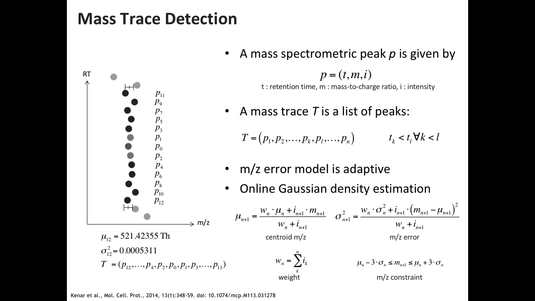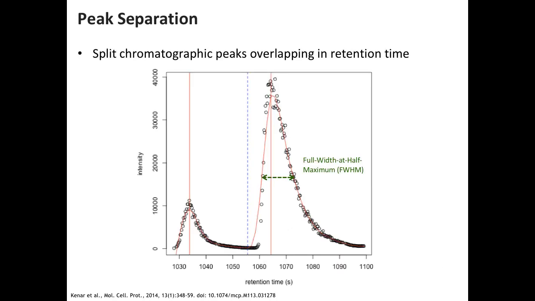If you have mass traces that run over the whole length, it's going to pick those up as well. So there are a couple of issues that are still problematic, but on the whole, this is probably the most robust way I've seen to pick mass traces. Once we have these mass traces, we apply similar techniques as XCMS to detect peaks on them.